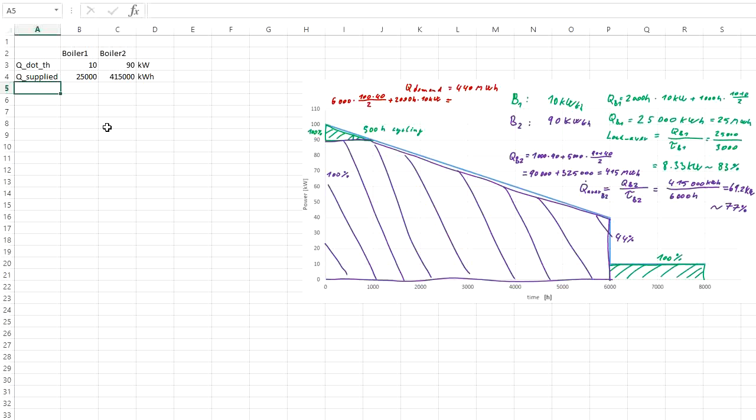Now we have the average power output, which was, for boiler 1, 8.33 kilowatts, and for the second one it was 69.2,